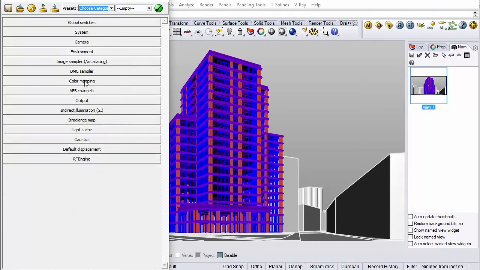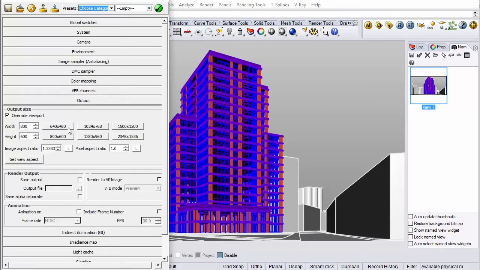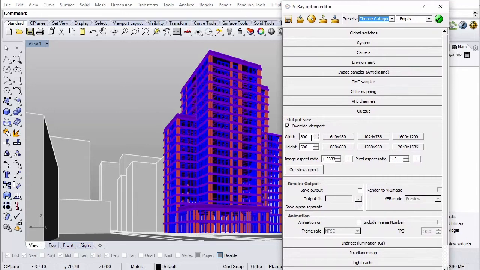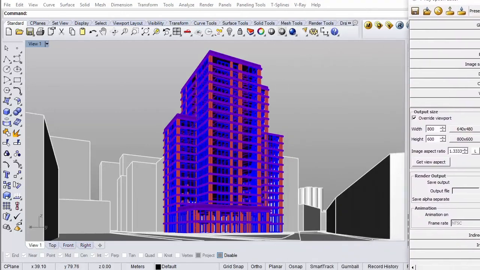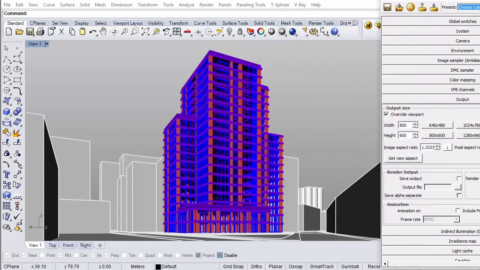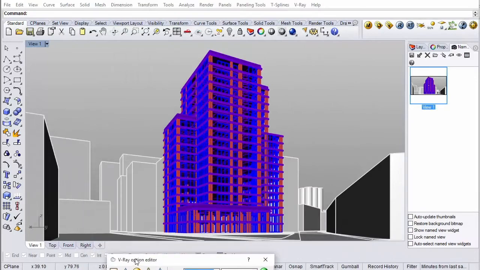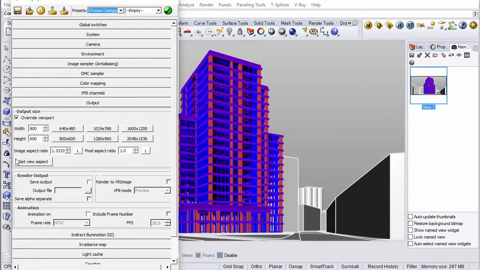Now, the last thing that we're going to look at is the output. That's actually where you control the aspect ratio of the image and the image size. So, for example, say that at the moment, the image is set to be 800 by 600. But if you want to set up the same proportion that you have on your view, you just select your view, which is this, click Get View Aspect.